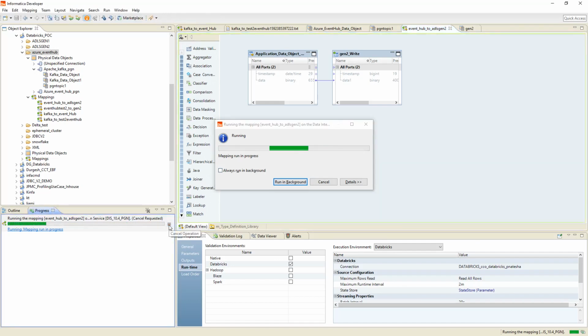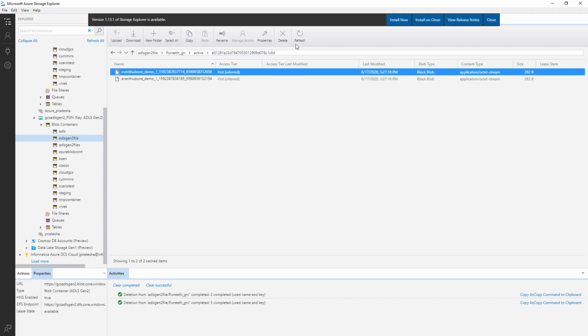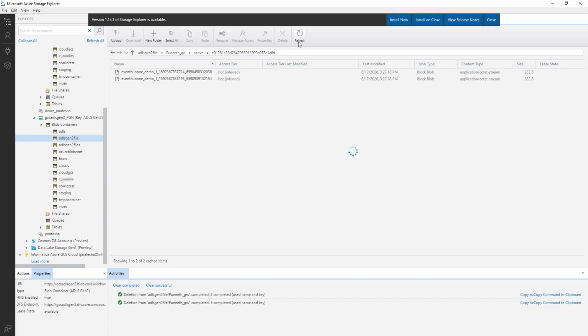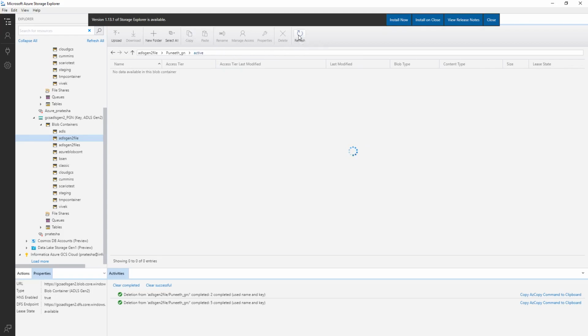Now we'll see what is written on the target directory. If I just do a refresh, we can see whether the data is there in the active. Now if we go back to our base target directory, this is Puneet underscore GN, where we should have target data.